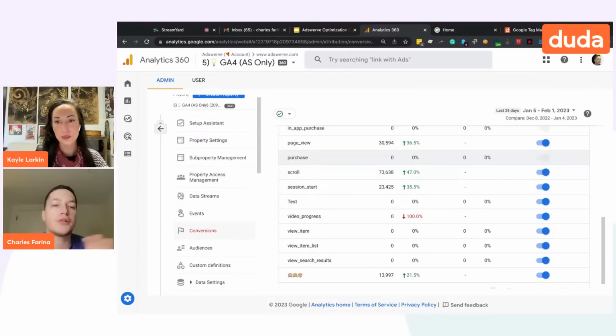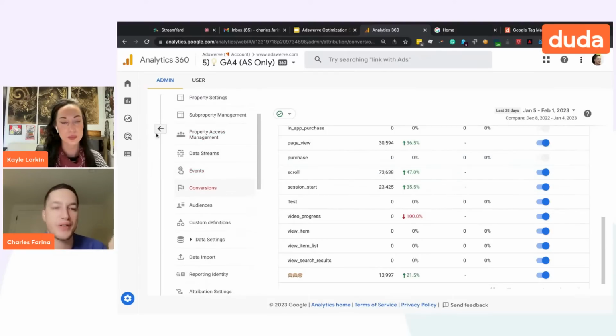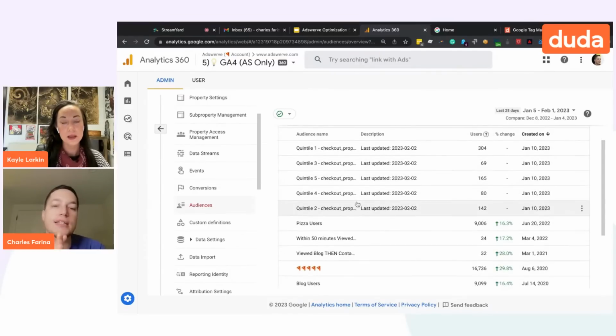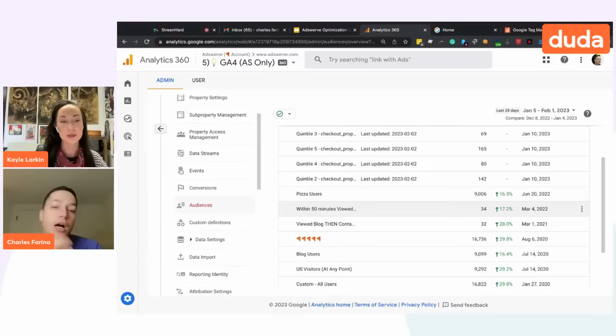Additionally, you'll want to Google how to do this because no one's going to remember from a quick demo. Additionally, Google Analytics lets you set up custom conversions very easily, and that's going to be related to audiences. So audiences in GA4, you can kind of think of this as your personas. If you have marketing personas for your website, you're going to want to set up audiences for them. So you can keep track of people engaging with support or employment or blog or prospects or customers. It helps you obviously keep track of your key segments.